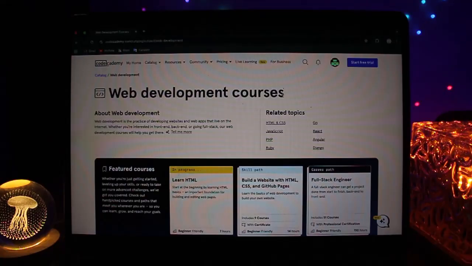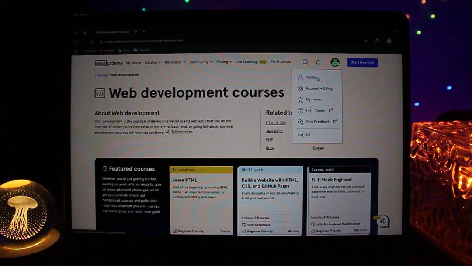Check your profile to see completed lessons, earned badges and streaks maintained. This helps you stay motivated and consistent in learning. You can simply tap on your profile icon and go to the profile option here to see all the